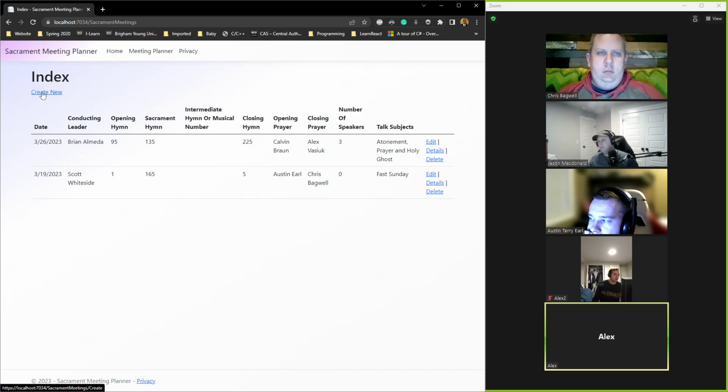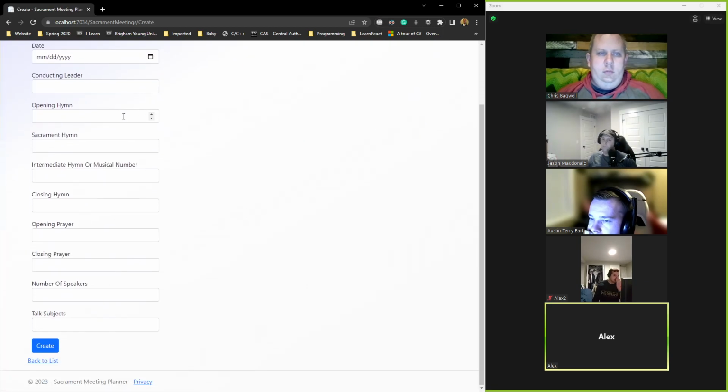Okay, so now we go to the create new, and the first thing, we can choose a date of sacrament meeting because it was one of the requirements of the assignment to choose any day. So for example, we can choose Tuesday if we would be in any different country, and we could just